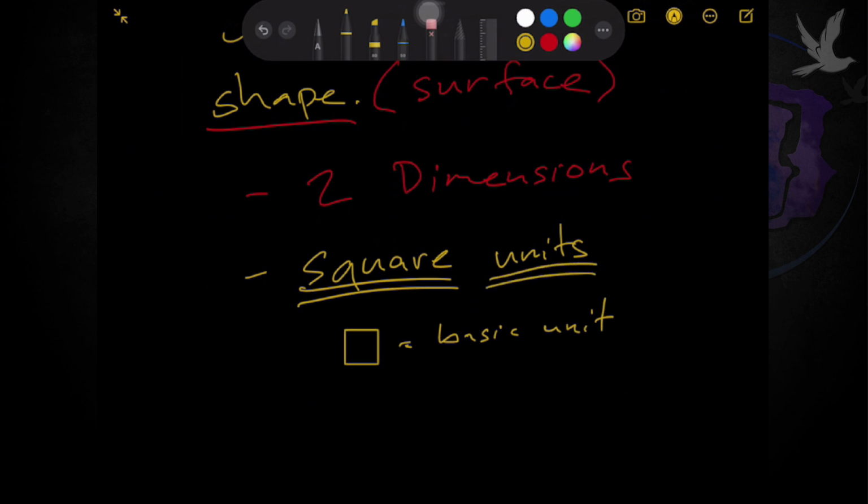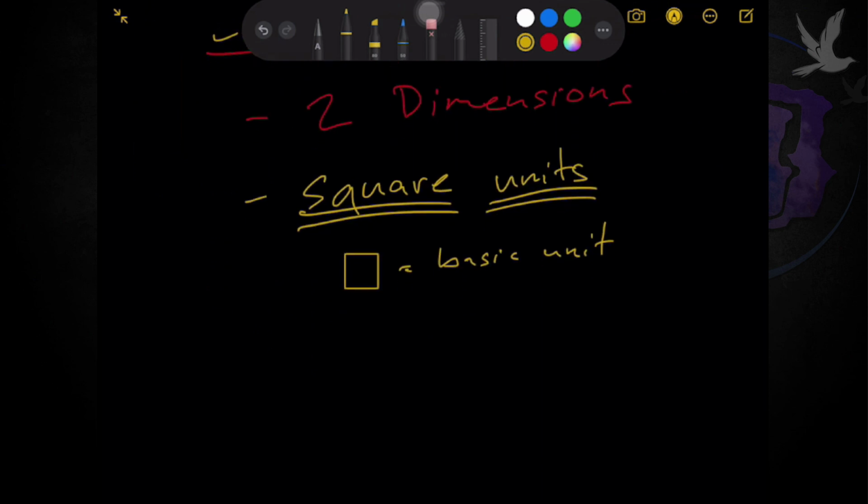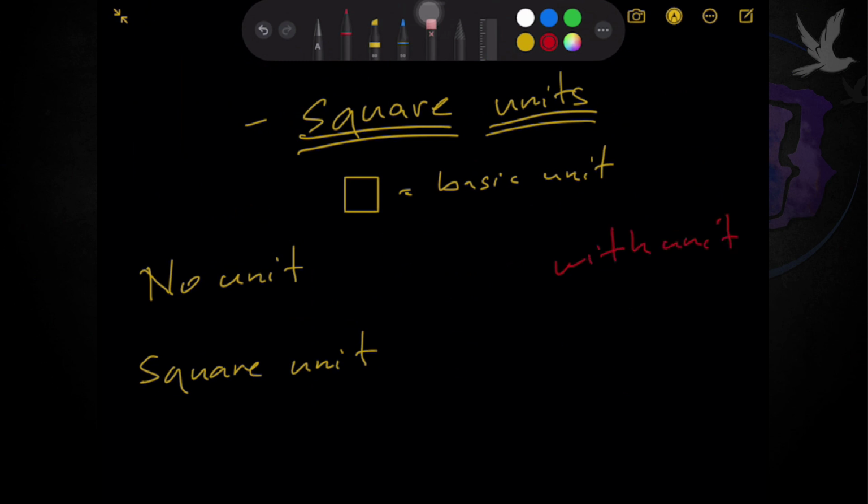Bakit unit? Because we do not have the exact unit to be used. For example, sa measurement nga. Kasi sa measurement, we have inches, we have centimeters, we have meters, we have kilometers. So, pag walang unit, we call it a square unit. No? Here comes the other units. For example, if no unit, the term is just square unit. Pero if may unit na, with unit, depending on the situation or depending on the given example,